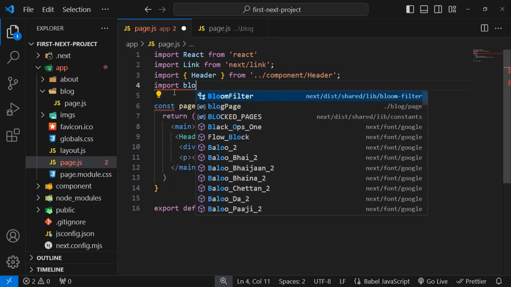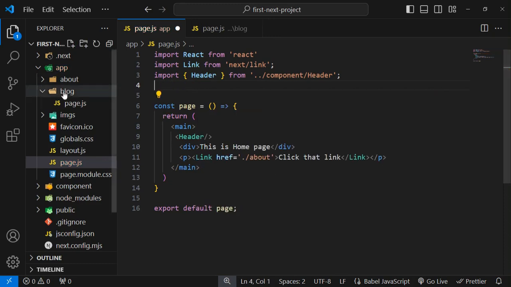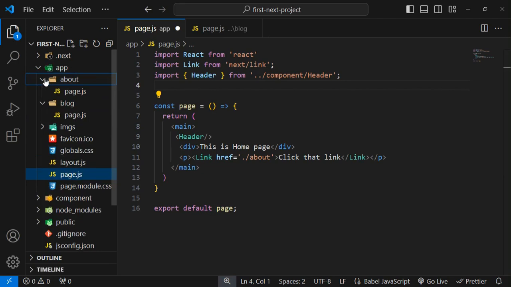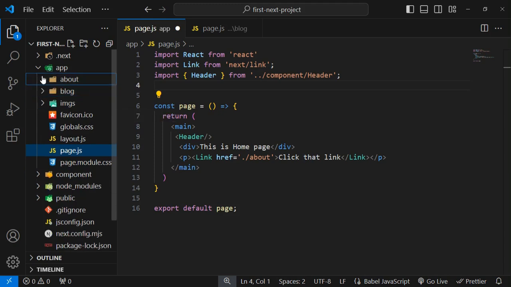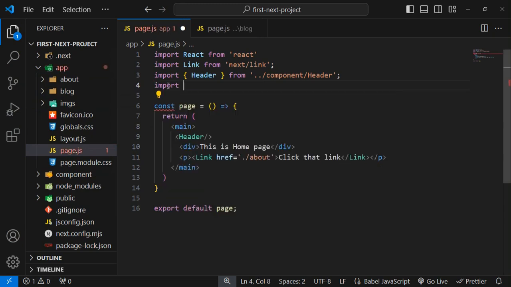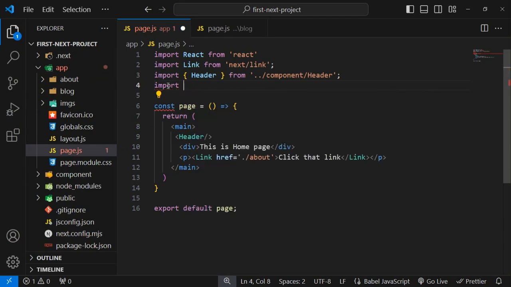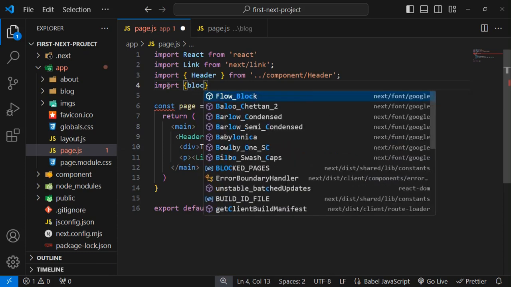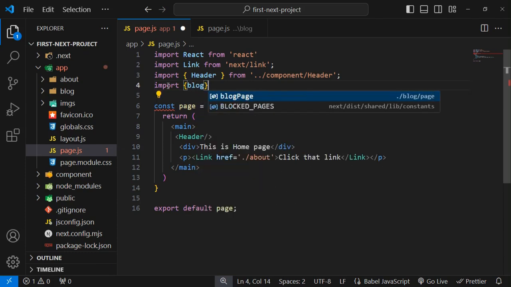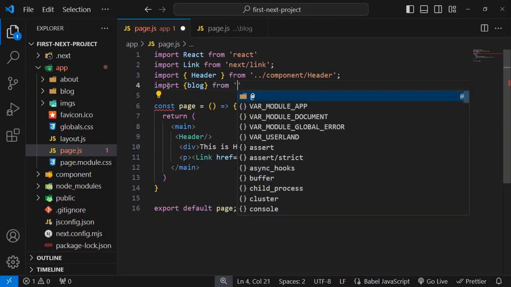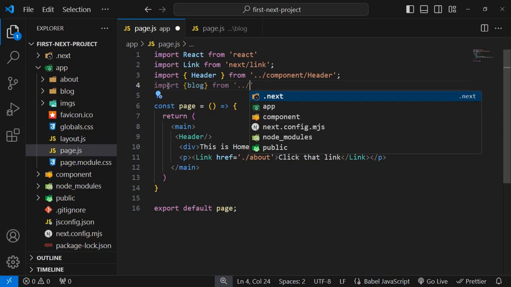We have written all the code inside my app component, which should be mandatory, and here we have the about folder. Here I am going to import blog, which should be in curly braces, from